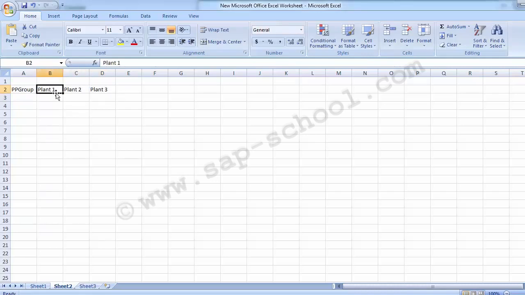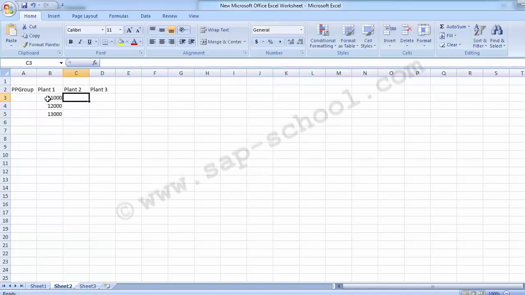And these 3 plants can have their different profit centers. Suppose in one particular plant there are a number of different products being manufactured. In plant 2, the products which are manufactured are different from plant 1, and there are multiple products manufactured. So over here, plant 1 can be taken up as a credential starting with 1. So I can take 1 over here, and then again I can put 1000 as a 5 digit. Then I can create another profit center with